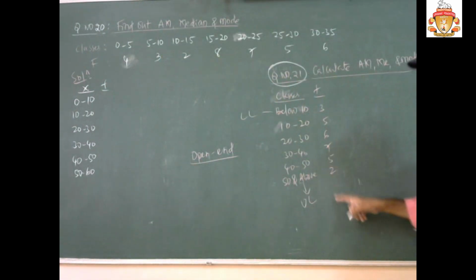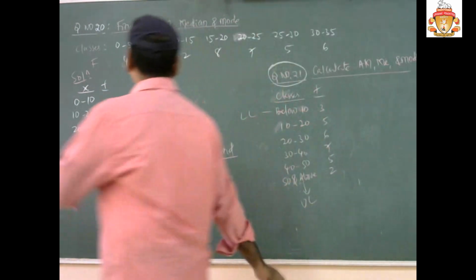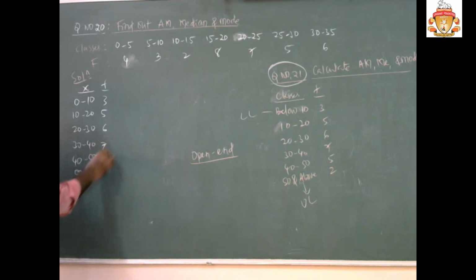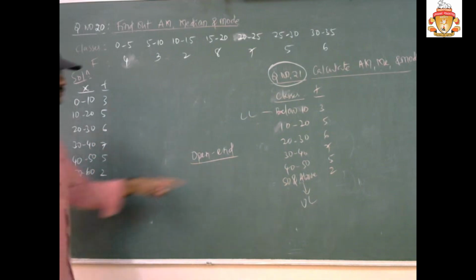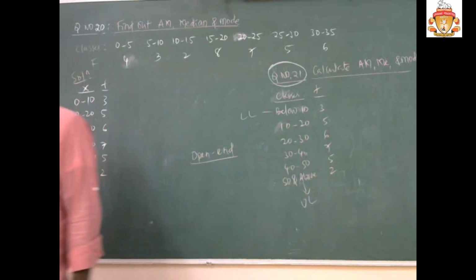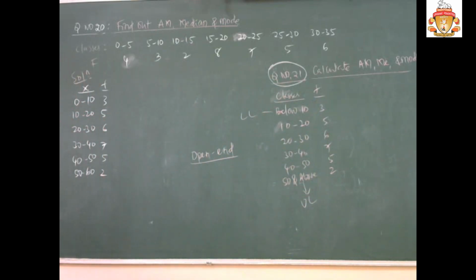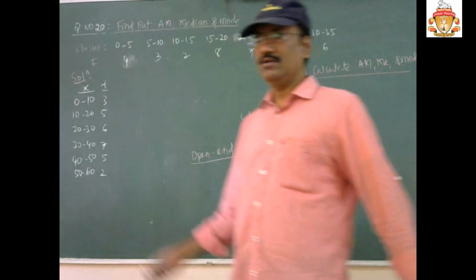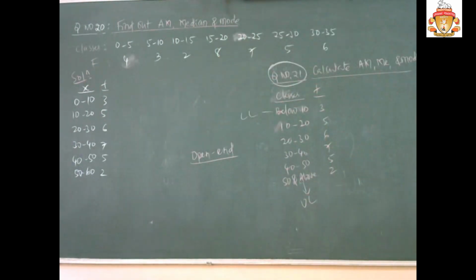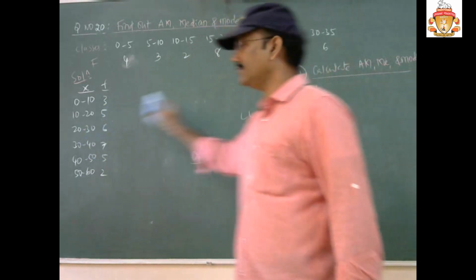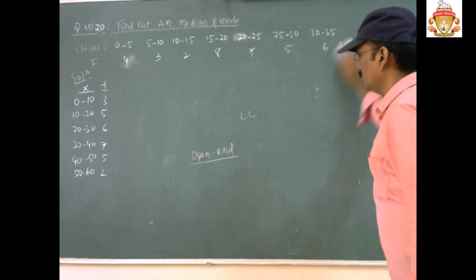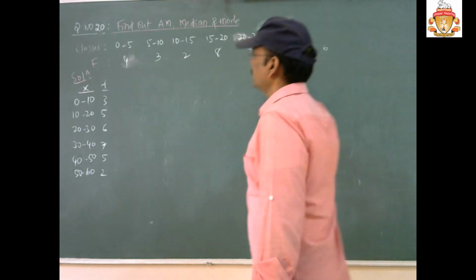See 3, 5, the frequency is not changed. You copy the same. First number is 3. Next number is 5, 6, 7, 5. Last number is 2. The same numbers you have to write as in the question. Okay, move to the solution now. Solution of this open-ended class. After conversion of the open-ended classes to simple classes, this was the simple class and this was the question's open-ended class. Now the solution is like this. After conversion, the solution is given here.